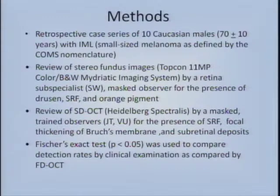Our preliminary data is a retrospective case series of 10 Caucasian males with intermediate melanocytic lesions. We looked at the stereo fundus images of these lesions, and they were reviewed by a masked retina subspecialist for the presence of drusen, subretinal fluid, and orange pigment. And then the OCT was also reviewed by trained observers who were also masked for the presence of subretinal fluid,